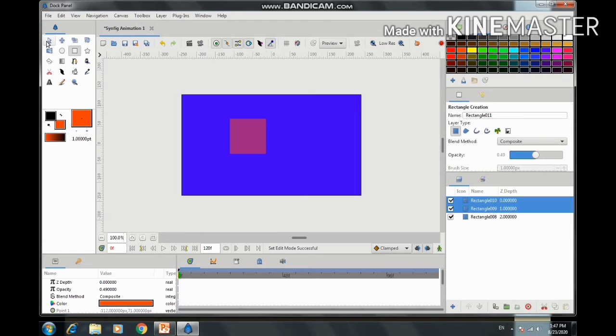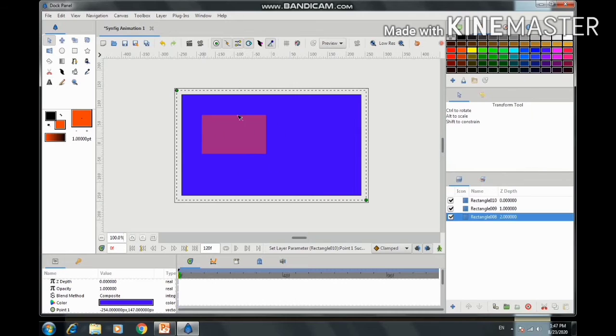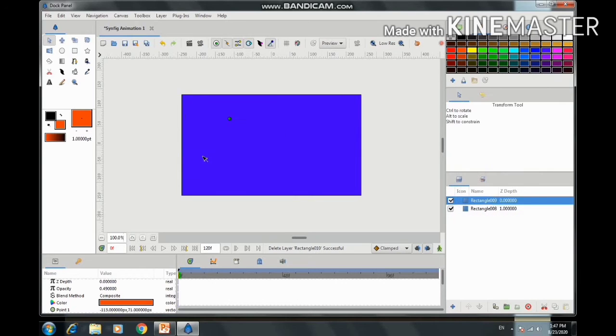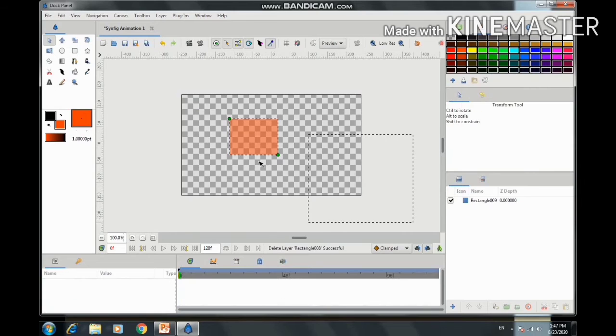You can see a half opacity rectangle, that is a rectangle with semi-transparency, appears over here. Okay, now suppose I am deleting this rectangle, right click and delete. You can see the red color rectangle is created with a semi-transparent color.